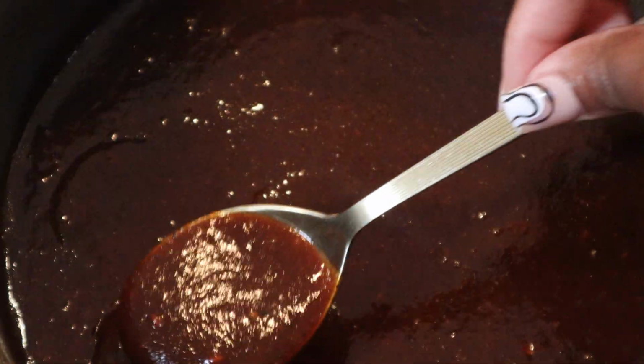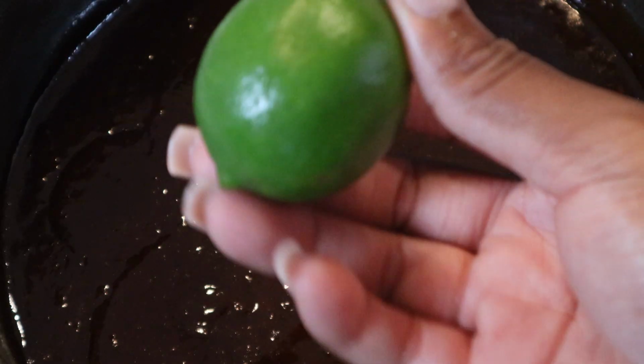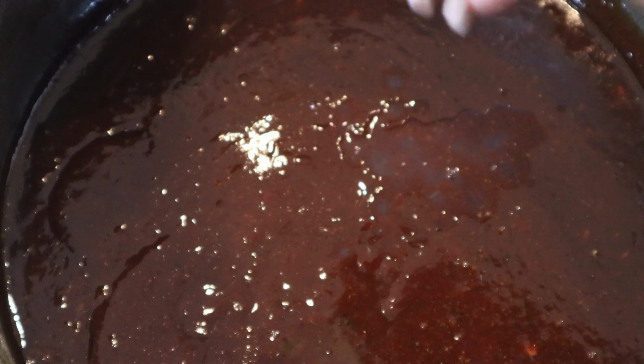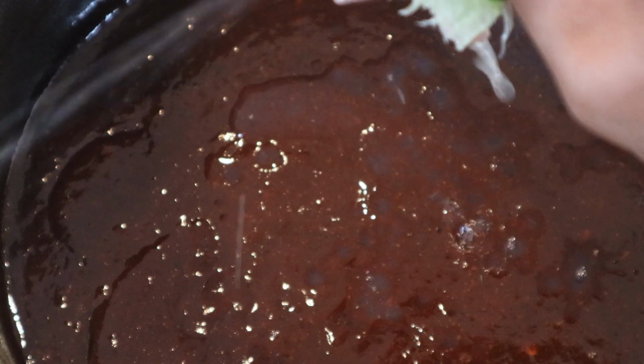Once it has reduced down, then we're gonna go in with a squeeze of fresh lime to really add that fresh flavor to complement that spiciness from the jerk seasoning, and to add a little bit of acid to lighten up the sauce, okay? Once you have added in the lime juice, go ahead and give it a good mix, and we're just gonna keep it warm over low heat, y'all, with the lid over our pot until our wings are done,